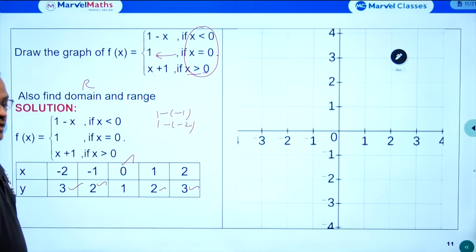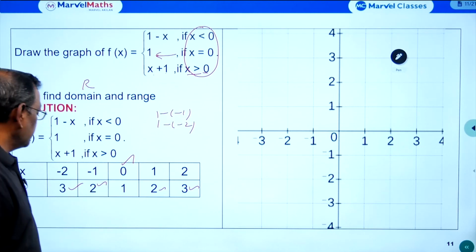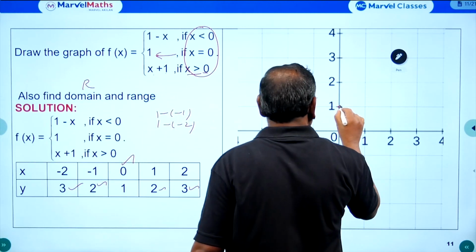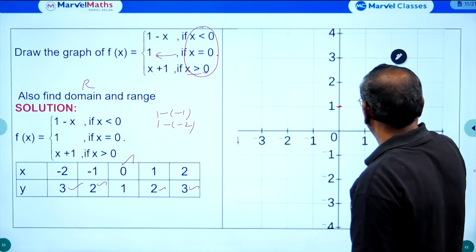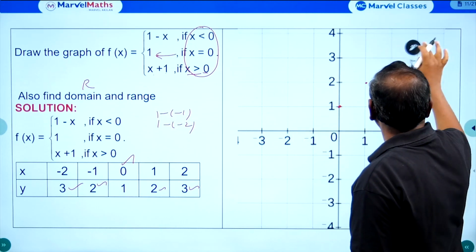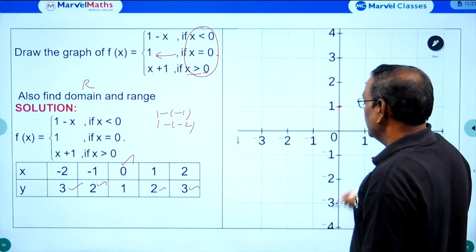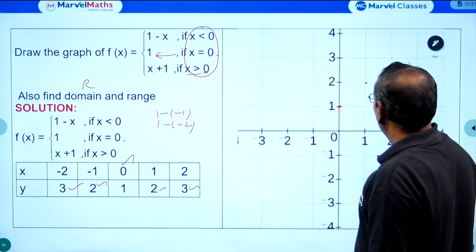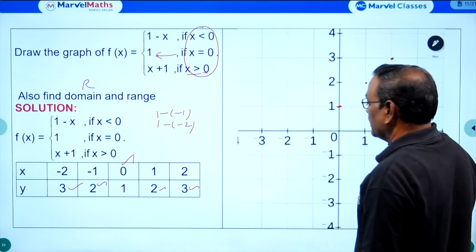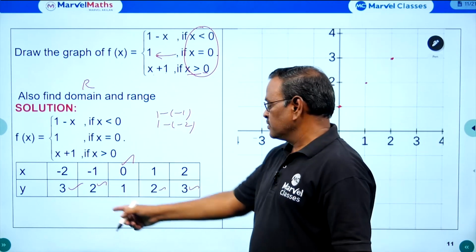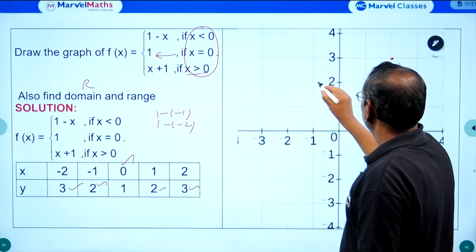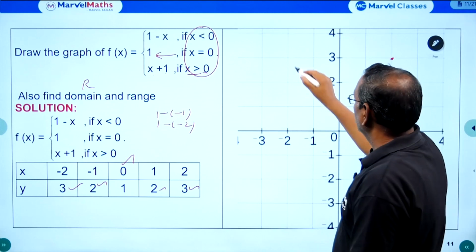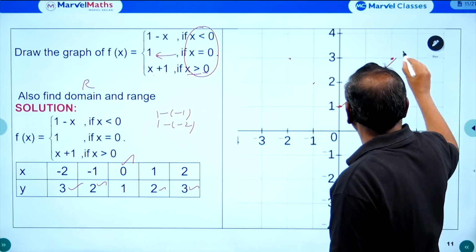Correct. Now plot all the 5 points in the graph. When x equal to 0, y equal to 1. When x equal to 1, y equal to 2. When x equal to 2, y equal to 3. And when x equal to minus 1, y equal to 2. When x equal to minus 2, y equal to 3. So this is the graph of